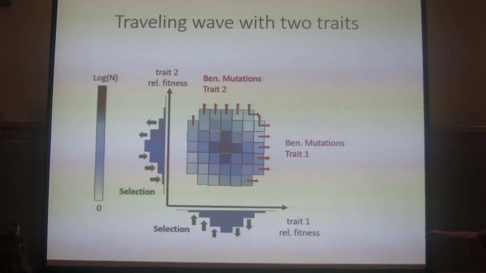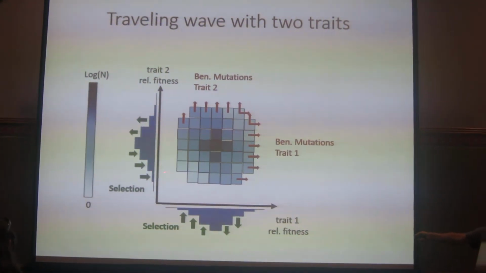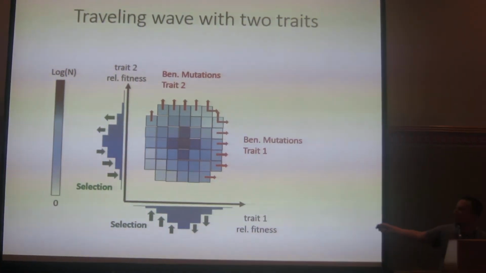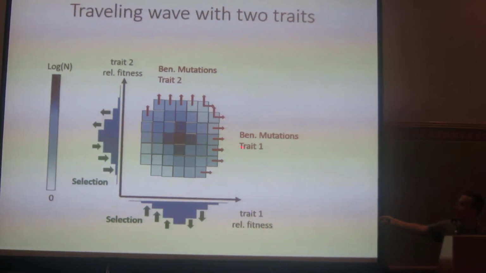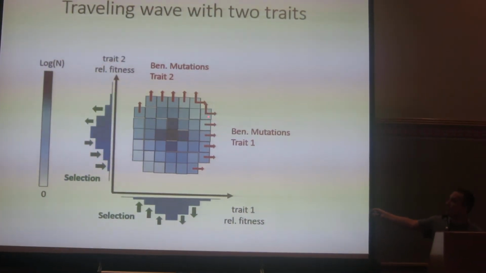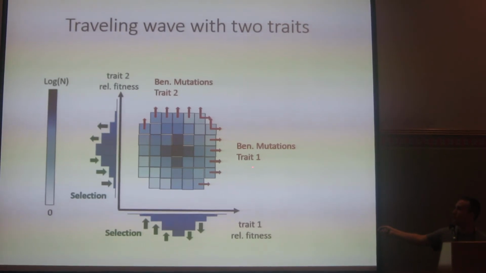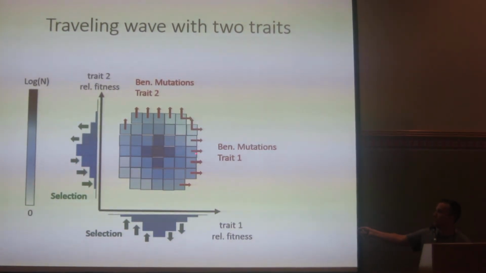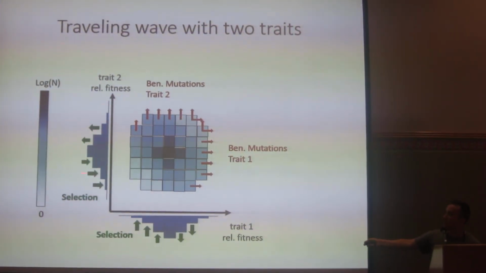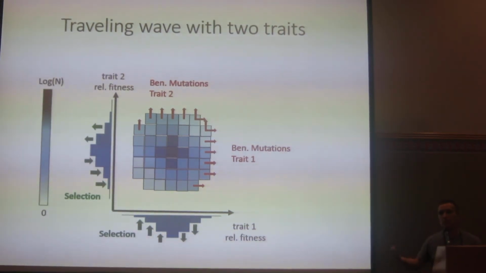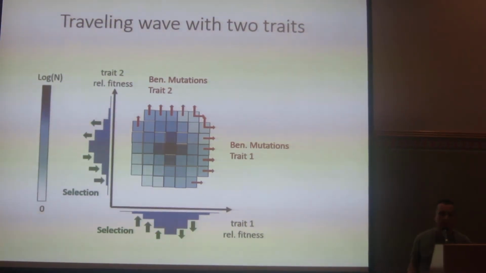We've added the second axis representing the second trait, and we have basically the same mechanisms at work. We have beneficial mutations that affect either trait 1 or trait 2 and improve fitness when they occur on these classes here. And then we also have selection reducing the abundances of the less fit groups and increasing the abundances of the